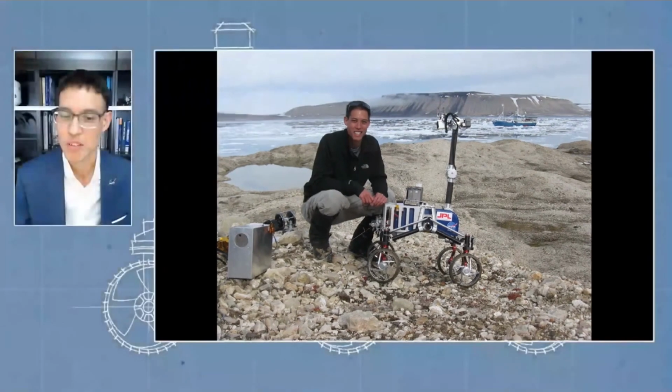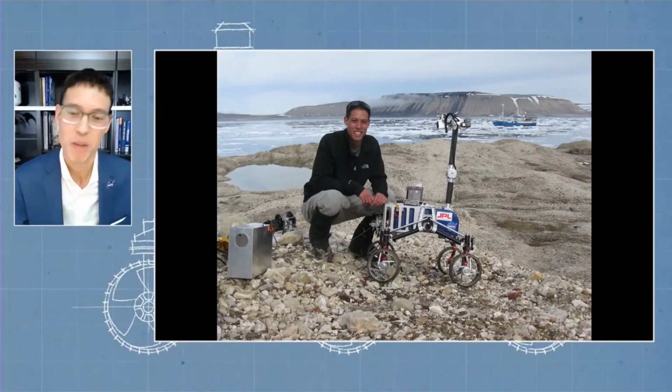So this particular rover had four wheels, had a robotic arm, and on that arm we mounted instruments like a prototype of a micro imager that could take microscopic images of rocks, a Raman spectrometer that could detect certain molecules on those rocks, for example, organics, as well as scoops, so we can scoop up samples to collect and